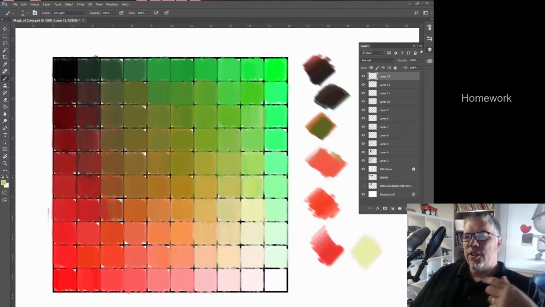Again, working digitally is totally different than working with actual paint. I did this in probably 25 minutes, whereas if I was working in paint, this would probably take all day. But it's a good exercise, because when you get into these neutral colors right here in the middle, you start to understand when you see those in a painting, or you see that you need that color, or you're using reference and you see that color, this is going to give you an idea of how to get there much faster without tearing your hair out and being frustrated and thinking that you have the wrong paint,